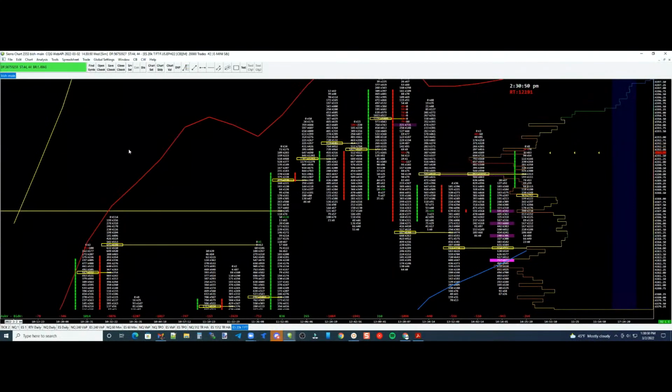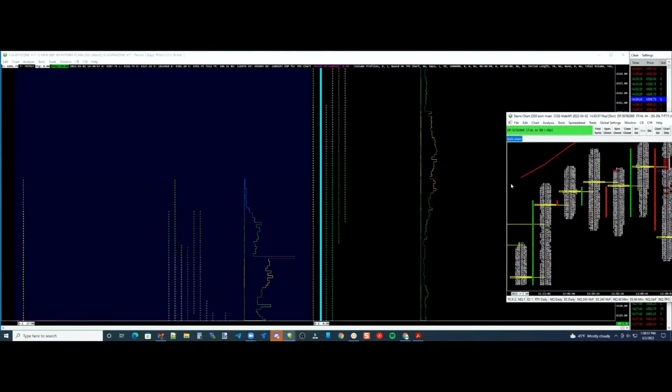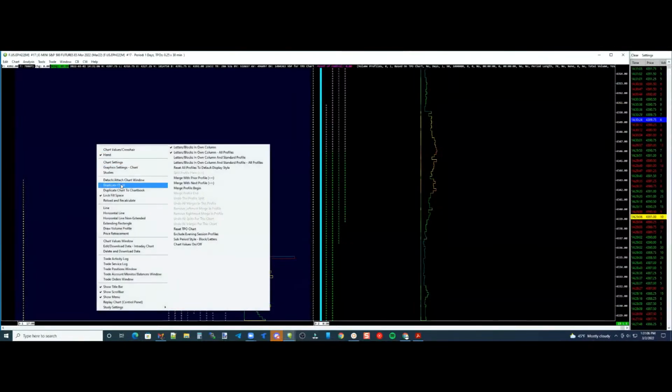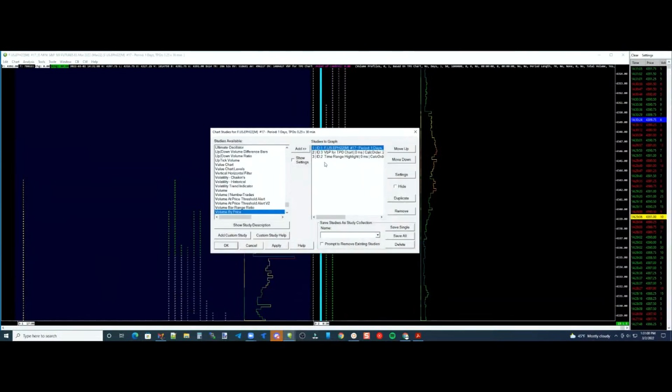Okay. The footprint. Let's go ahead and create one. And I understand, this thing has some pretty intimidating settings on it. I'm going to say this right off the bat: my footprint is set up the way I like it. Now that everyone's using footprints, there are all these different variations. There's the volume profile in the bar, there's all sorts of different things. What you have to understand about me is I keep things